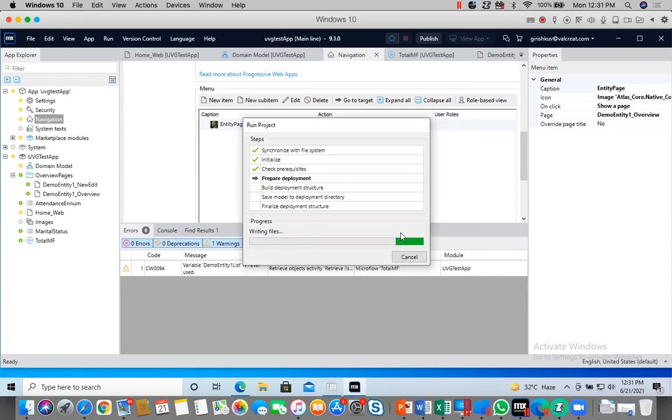See, when you are creating the domain model, at that time itself you can create all these enumerations, microflow, everything within that. Yes, sir. Now we are creating for display purposes. Under navigation, we have created a page linked with this. Otherwise, no data or output will come. If you don't create it under navigation, no output will come. If you want any output to come, you have to go to navigation and do this.